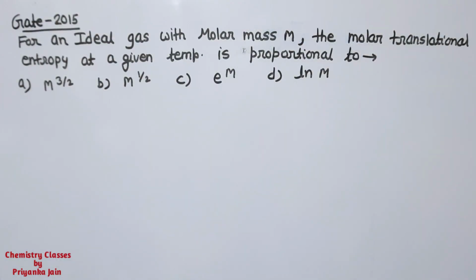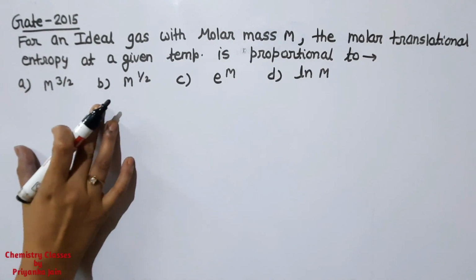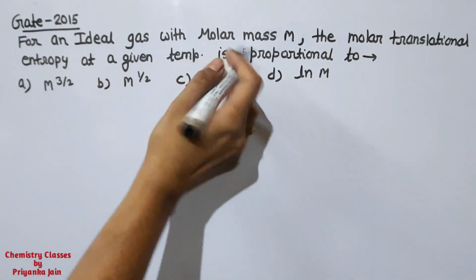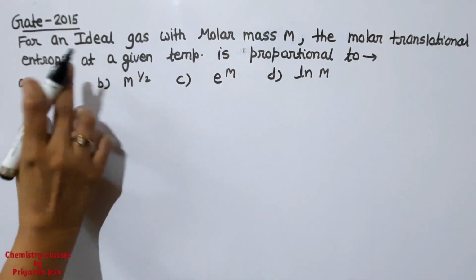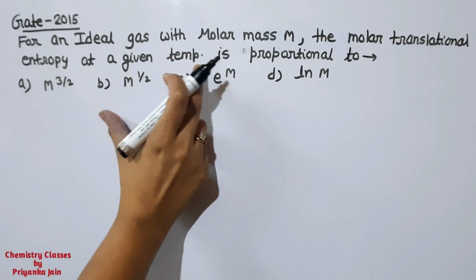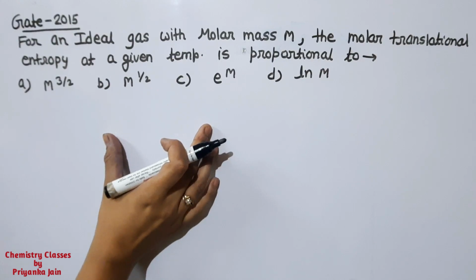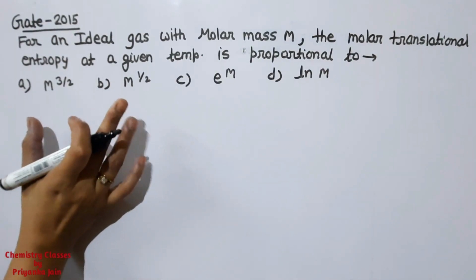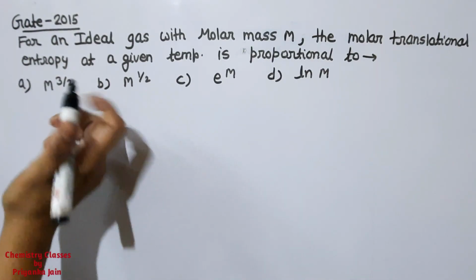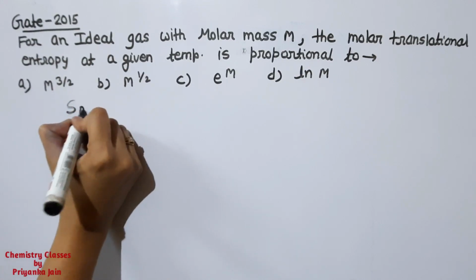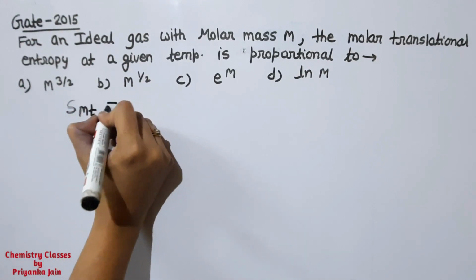Now see this very simple question from GATE 2015. For an ideal gas with molar mass m, the molar translational entropy at a given temperature is proportional to. Very straightforward question is asked here. We have already seen the Sackur-Tetrode equation in our previous question, and we know that this molar translational entropy